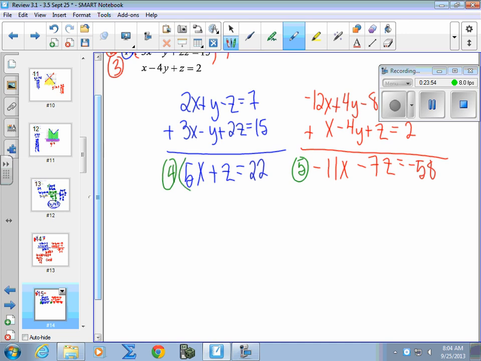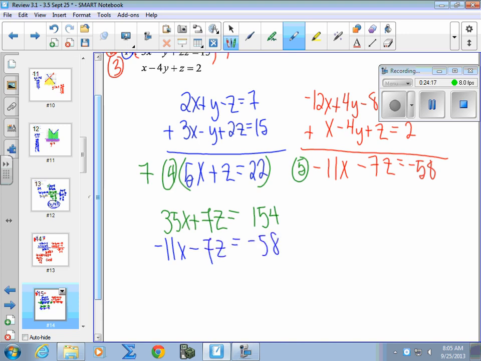So that means we have to multiply this equation by 7. So we get 35x plus 7z is equal to what? 154. And then we have negative 11x minus 7z is equal to negative 58. And you add those together,